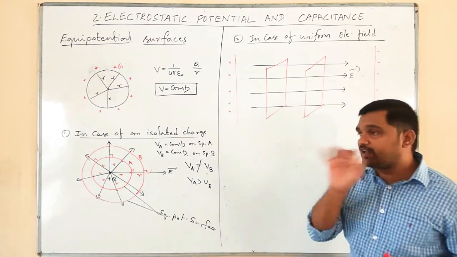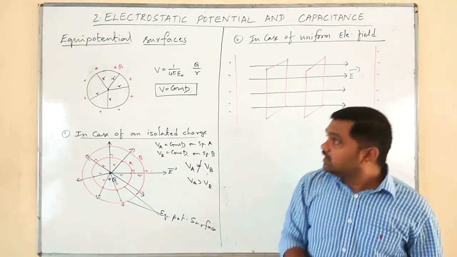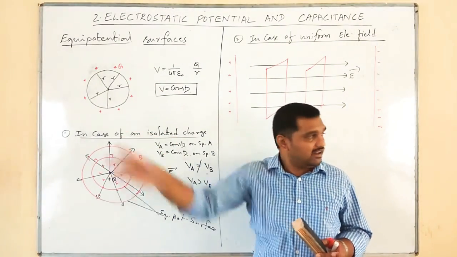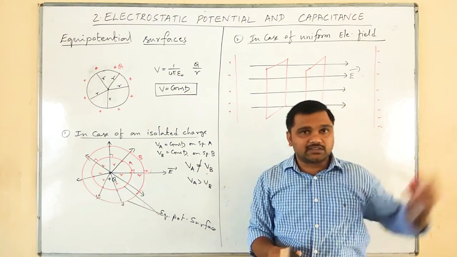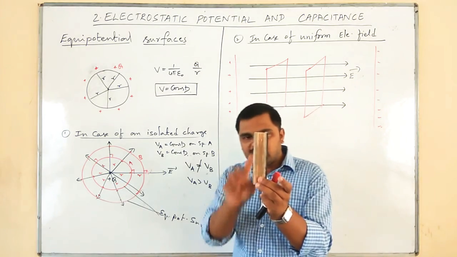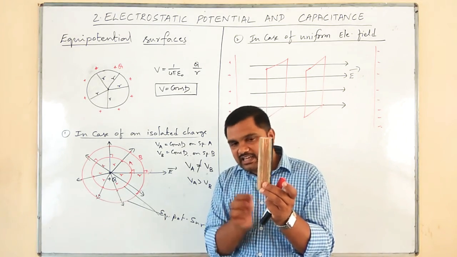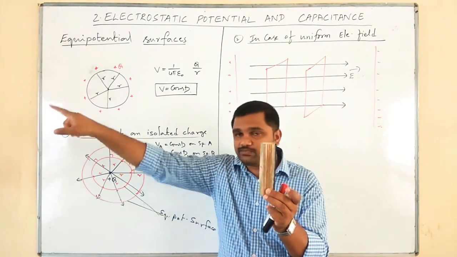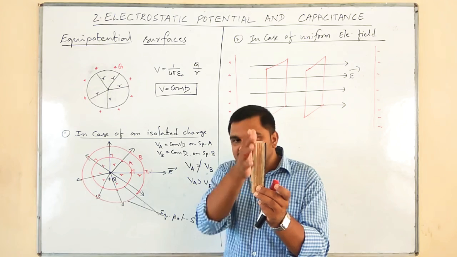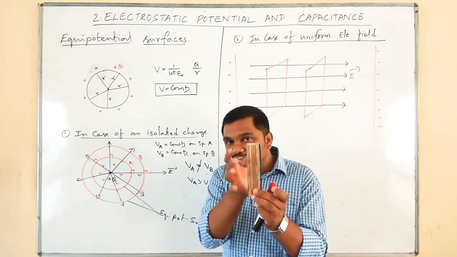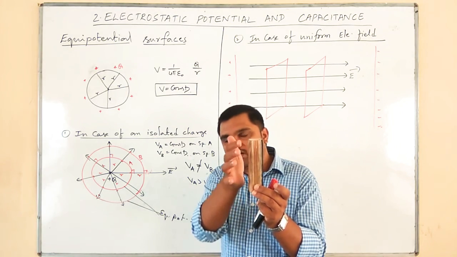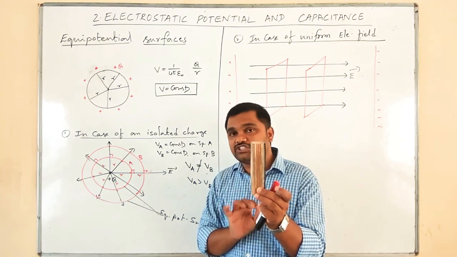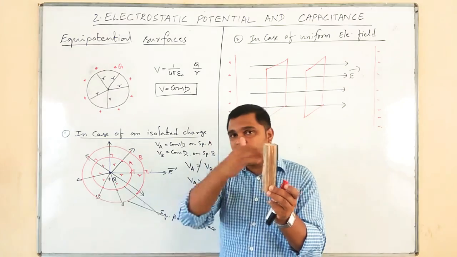positively charged plate. For example, if we take that wall as the positively charged wall and that wall as the negatively charged wall, and I consider one surface like this, each and every point on this surface will be at the same distance from that wall. Hence, this surface has the same electric potential at all the points on it. Hence, it is an equipotential surface in case of a uniform